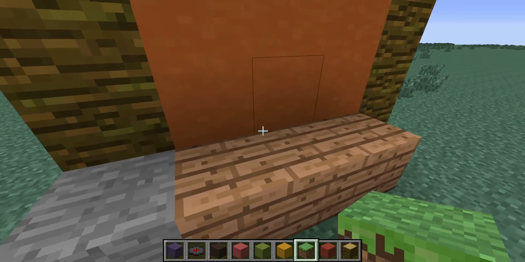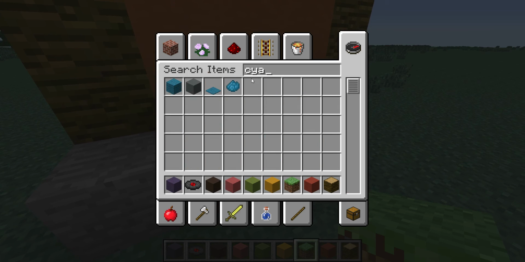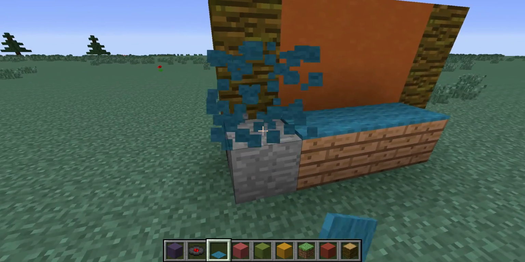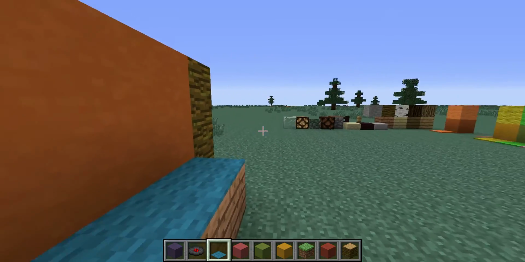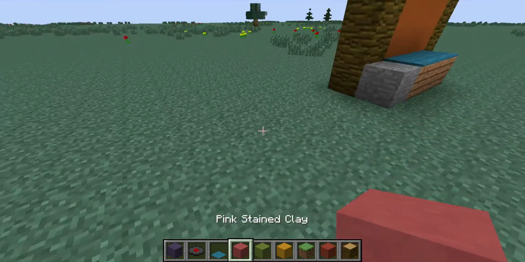In my Amplified Survival, I actually used cyan carpet. So if we put cyan and then carpet, like so, that contrasts with it very well because they're opposites on the color wheel. So you could use this for a nice home or model or something, or a shop in your server or something like that. Now pink stained clay,